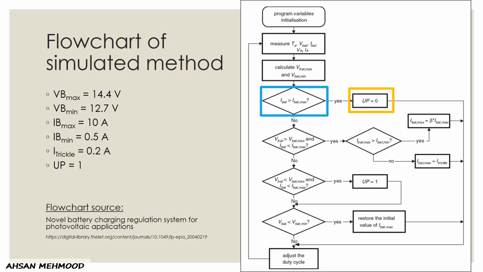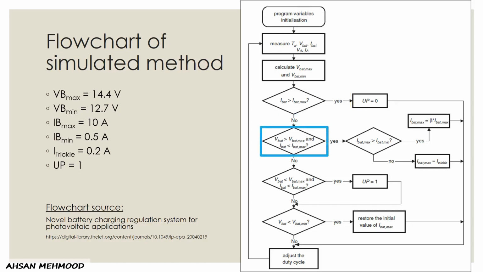You should note that in the constant current region, we don't necessarily set battery current exactly equal to IB max, because battery current IB depends on the irradiation condition and power rating of the PV array. If irradiation is stronger or the power rating of the PV array is more than enough, then battery current will try to increase beyond IB max. However, its value would be limited to IB max or 10 ampere by turning on and off the MPPT process, which is accomplished by the variable UP.